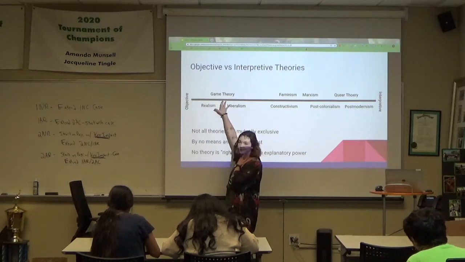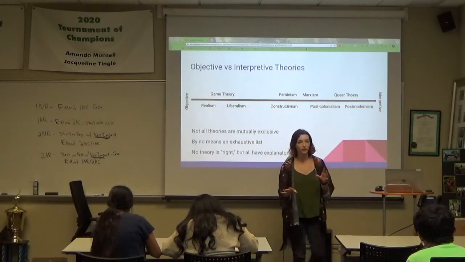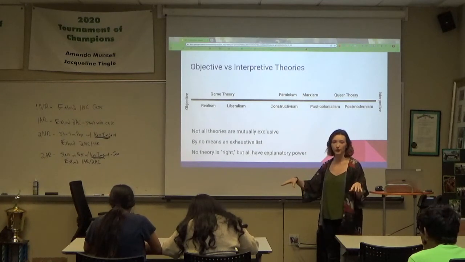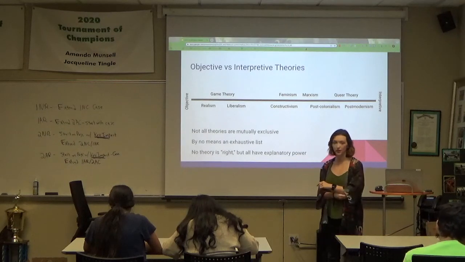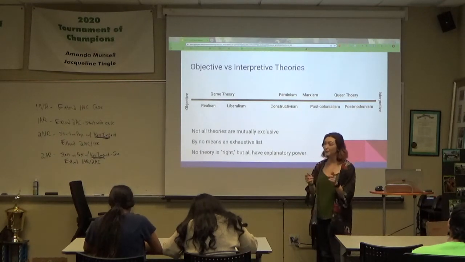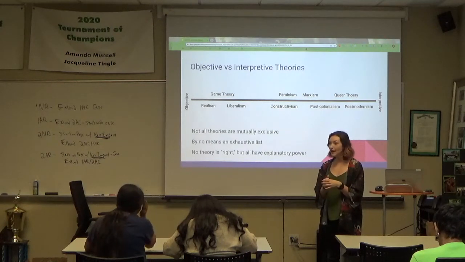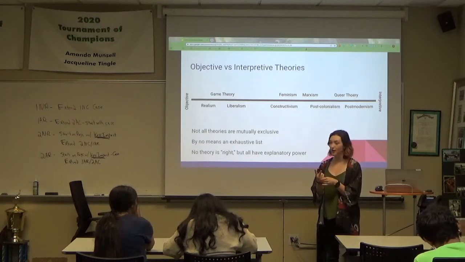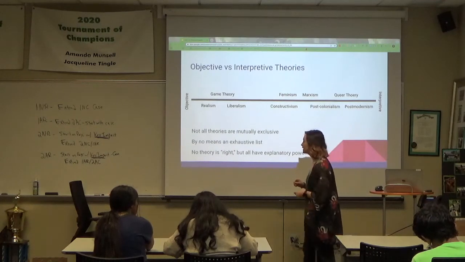Game theory is not necessarily mutually exclusive with either of these two things. It mostly is a way that different people might act in different situations. If you've heard of the prisoner's dilemma, you have two prisoners that are separated and being questioned by police officers, and the police officers tell each of them that the other one has already tattled on them. But if you tell on your friend, then maybe we'll commute your sentence. The most advantageous situation is for neither prisoner to talk, because then nobody gets any information and they can't be put in jail in the first place. If one of them talks and the other one doesn't, well then that one is getting a much better deal. But if both of them talk, now the cops have information on both of them. And game theorists think that both of them talking is the most likely option.